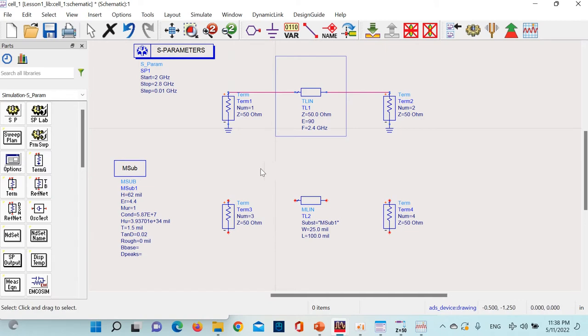Push escape and connect this here and this here, and then put one ground here and one ground here. Okay? Are we done? Not yet, because we want to simulate a 90 degree with 50 ohm,